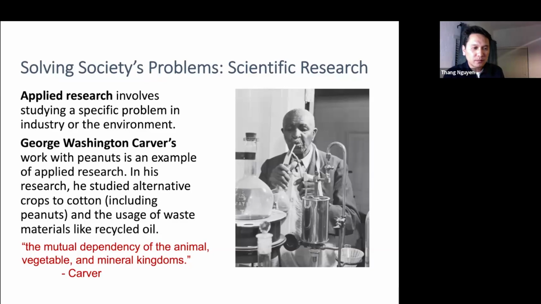through research. Our classic example from history here is Mr. George Washington Carver and his work with peanuts. He was trying to study alternatives to cotton as a crop because it turns out that cotton was quite damaging to the land. And so he was researching other crops that were at least neutral or beneficial to the land. And then from that, he made many discoveries of using peanuts and also using waste materials like recycled oil. So that was the applied field,